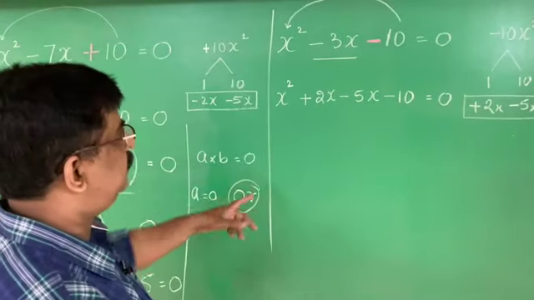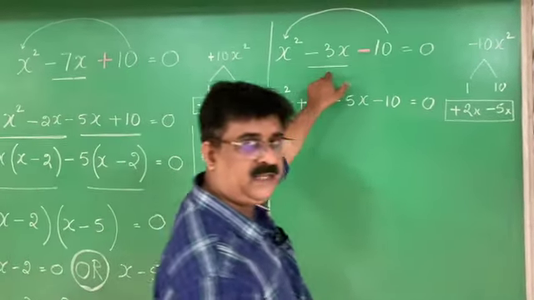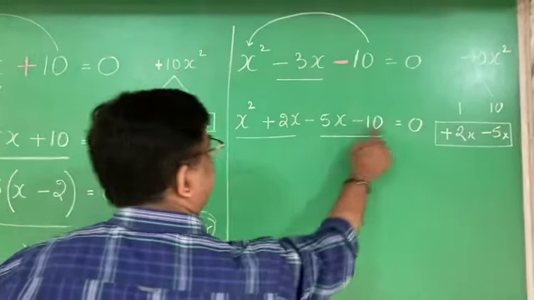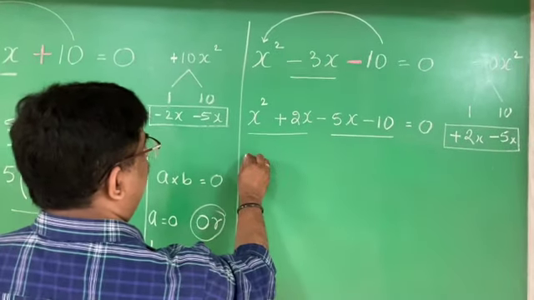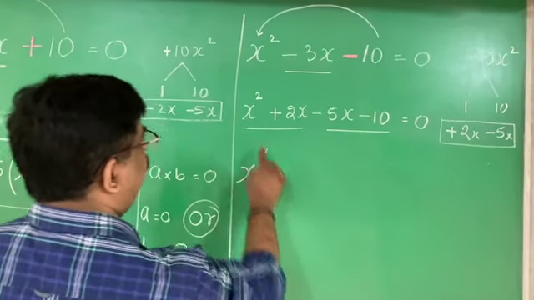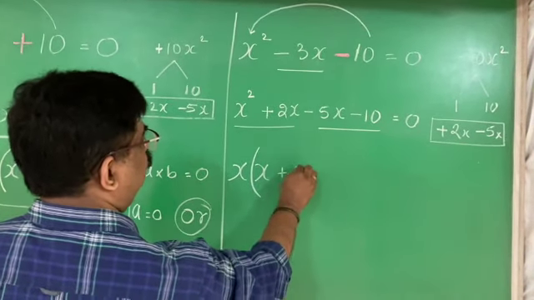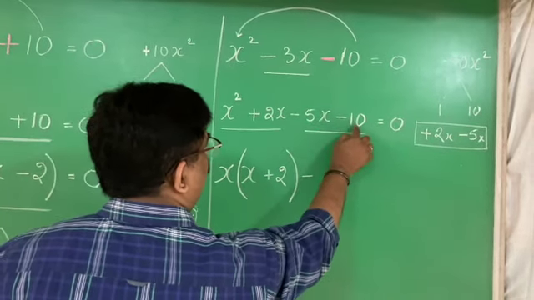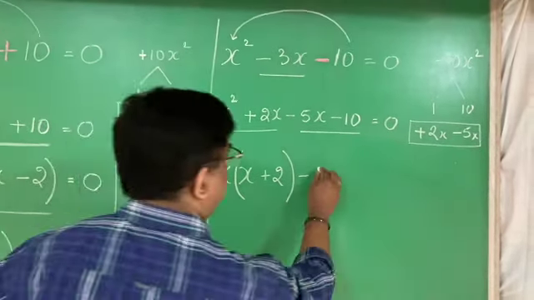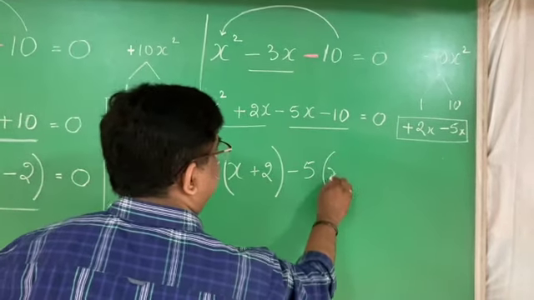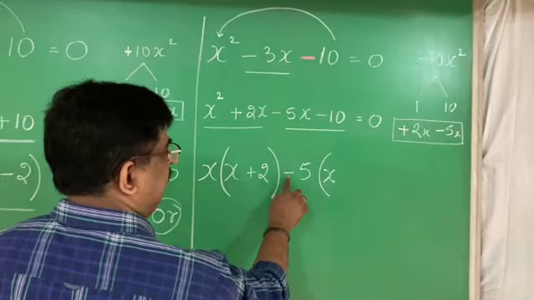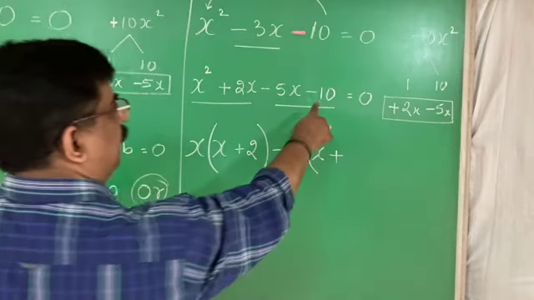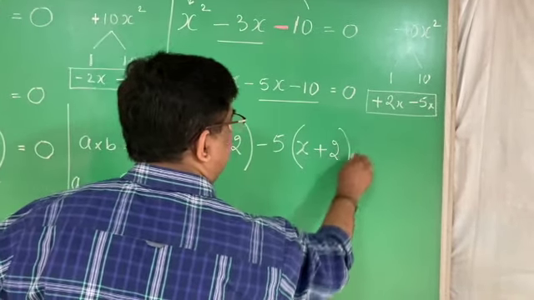The simplification method: the first method is splitting the middle term, and after that, grouping. Group the first two terms, and the third and fourth terms. The common factor in the first group is x, leaving x plus 2. What is the sign here? Minus. What is common between these two? The common factor is 5. Then x is left. To get minus, this is minus, so you have to write plus. Minus into plus is minus 10, divided by 5 is 2, is equal to 0.